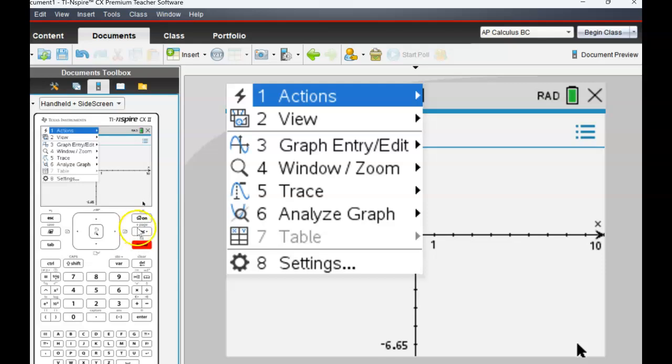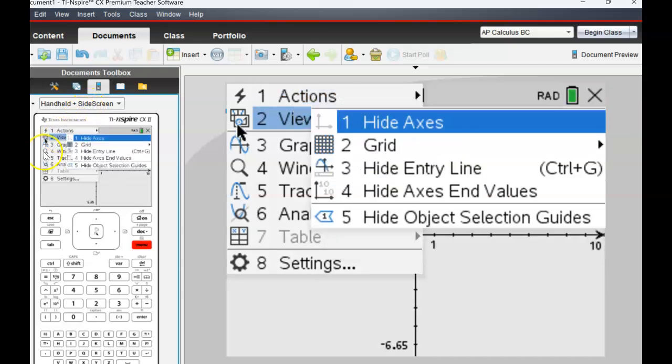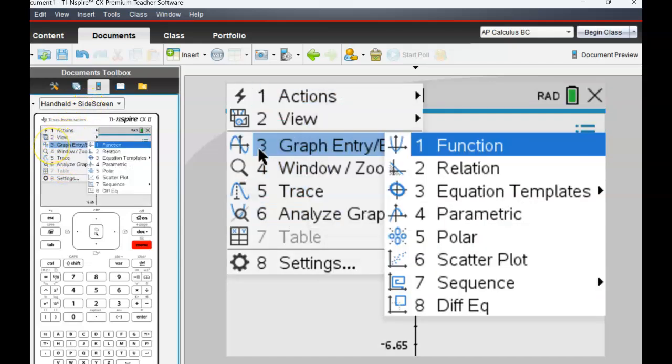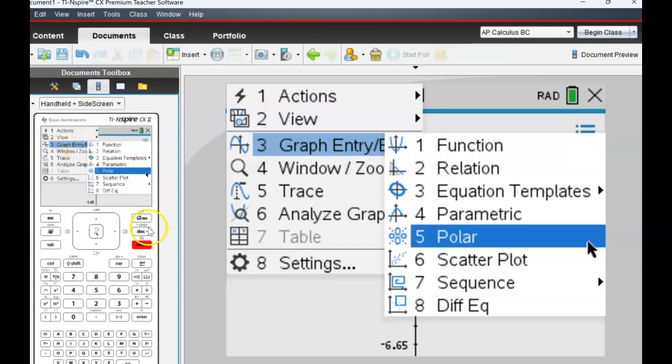So if we want to graph, for example, one of those, go to your graph and your graph entry. We have,